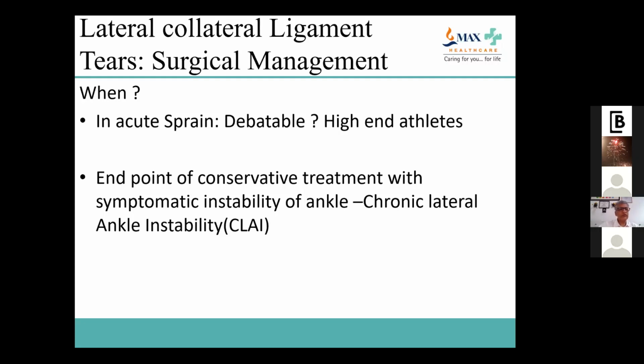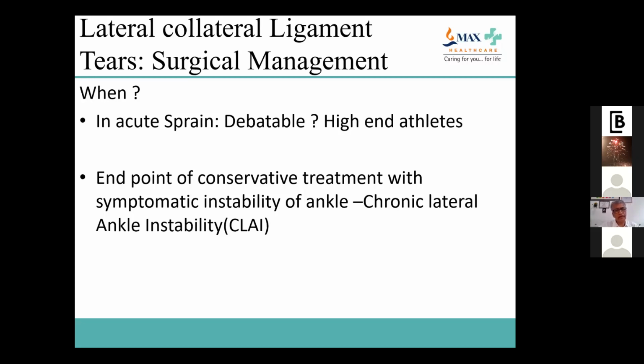So what we do, we give them RICE for maybe 4 or 5 days, start physio, and look for the progress in a week's time. By the end of about 10 days or 2 weeks, we subject them to an MRI and look at the clinical symptomatology, look at the progress they have made, look at the MRI picture, and we do today consider a surgical repair in high-end athletes if we find convincing evidence of a complete tear.